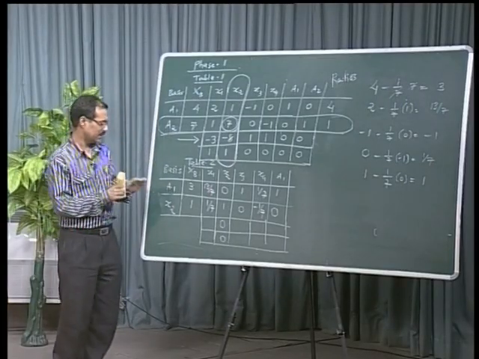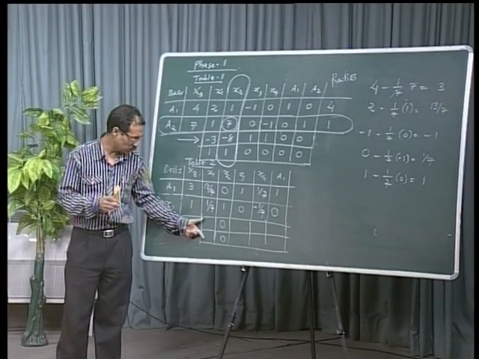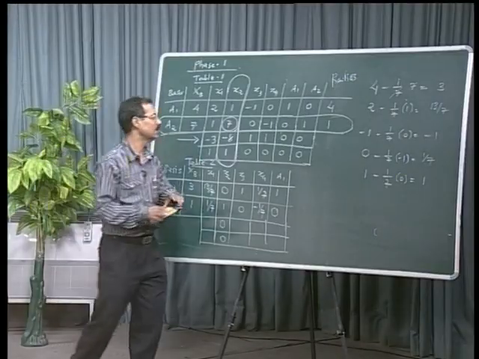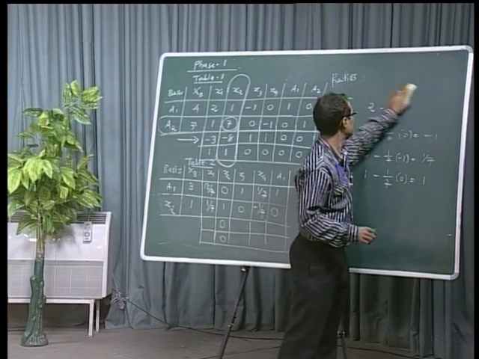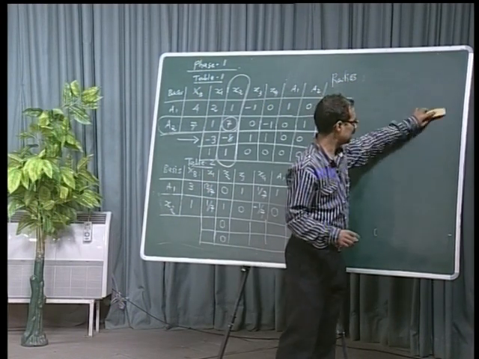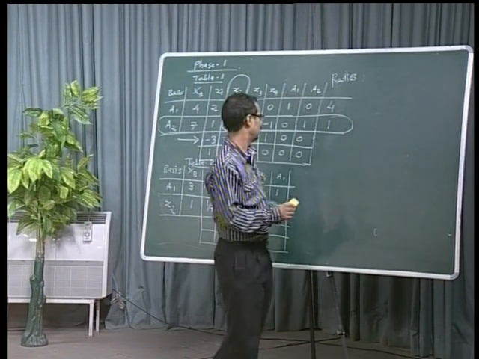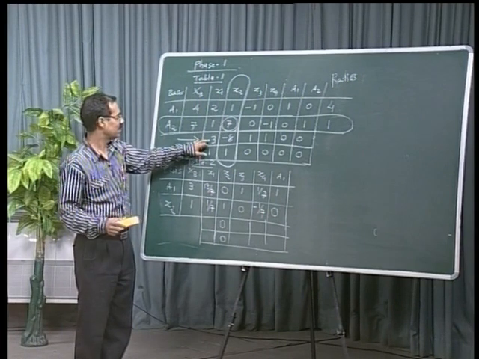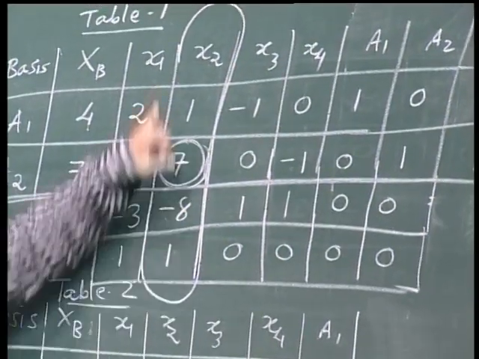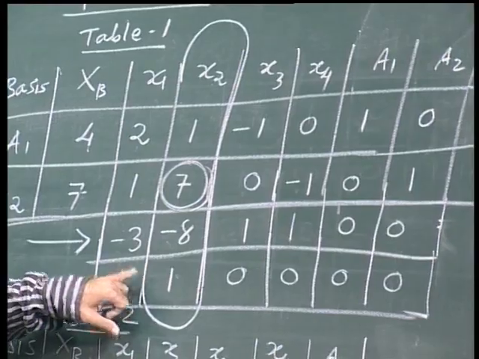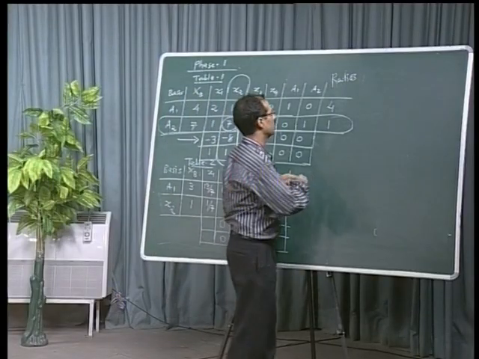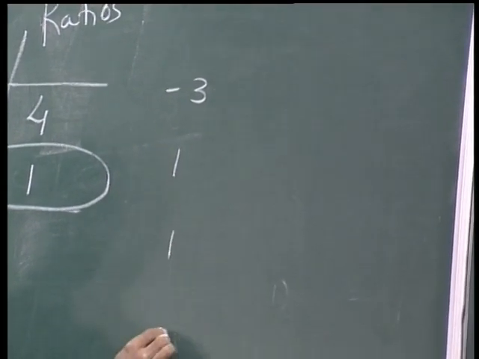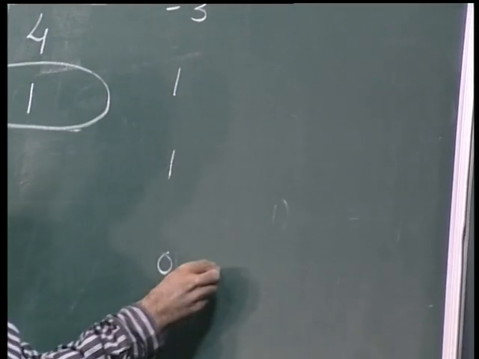So, we can see that our first 2 rows are done, but then these 2 crucial rows are yet to be taken care of. So, this row we start with the original numbers. So, it is basically what we already did in simplex and big M, but then anyway it is a part of the story. So, let us proceed with that. So, minus 3 minus 8 1 1 0 0, again minus 8 cannot be considered because it is in a special column. So, minus 3 1 1 0 0, they are all the elements.